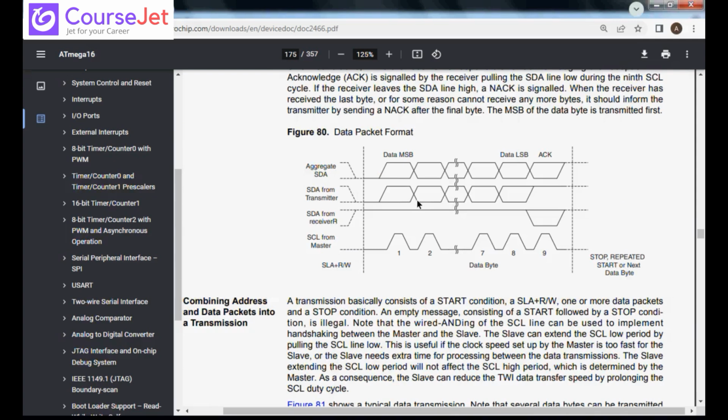Now if you see this, here your data is MSB. Your data, when your clock is high, after you give a start signal, when start is nothing but high to low, from the next cycle onwards, whenever your clock is high, it will read the data, and when your clock is low, it will